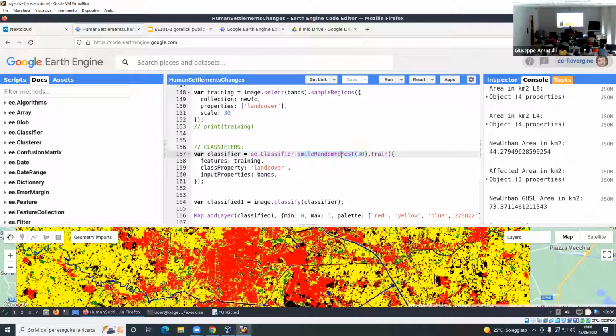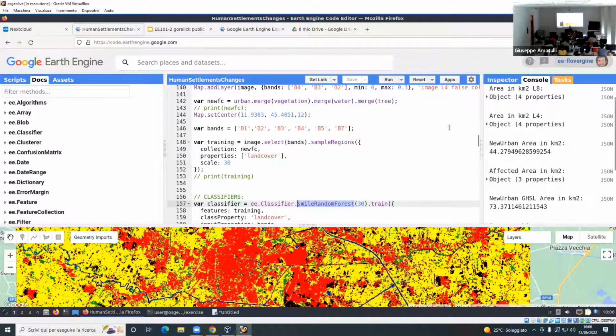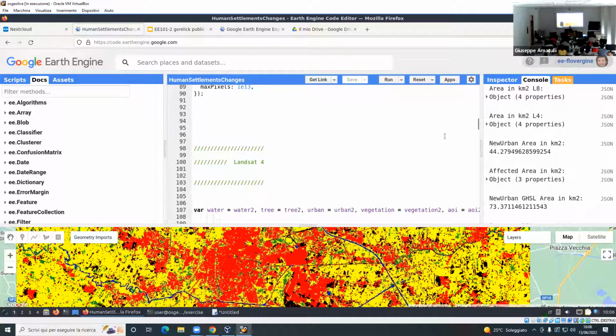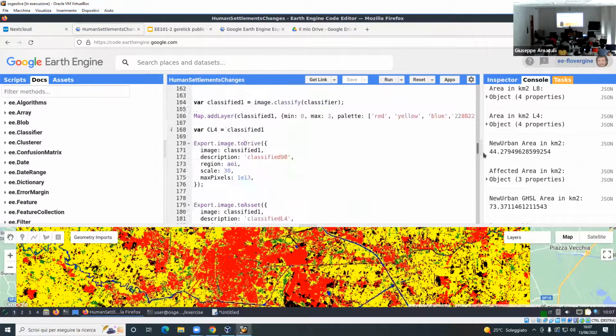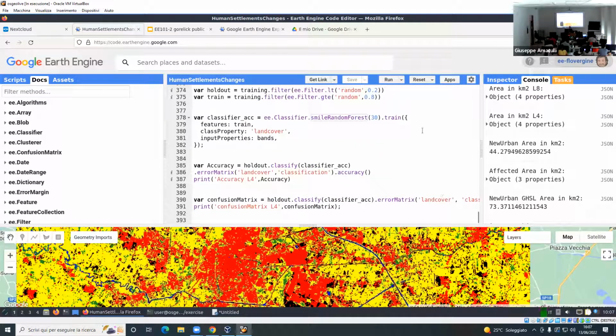where random forest has become another algorithm, has changed the algorithm. There are different classifiers available in Earth Engine, and the change in API needs to be taken into consideration because the script needs to use the current API version and the current functions available, not the oldest ones. Okay, this is just to give a practical example of a script like this one, with the possibility of running